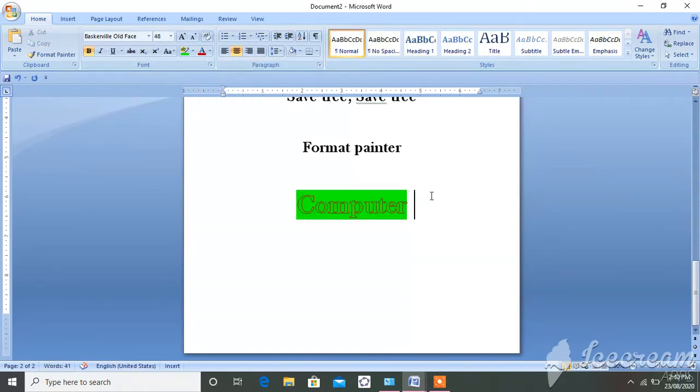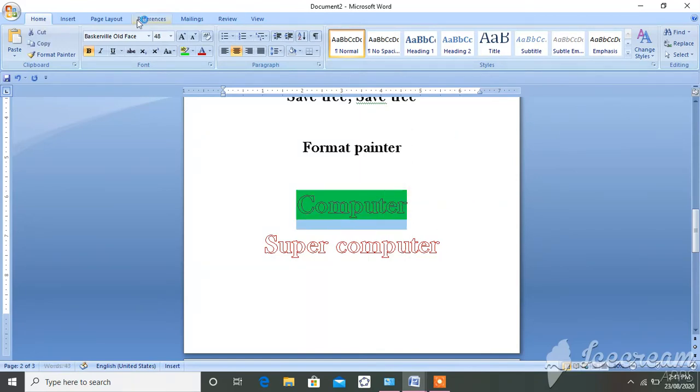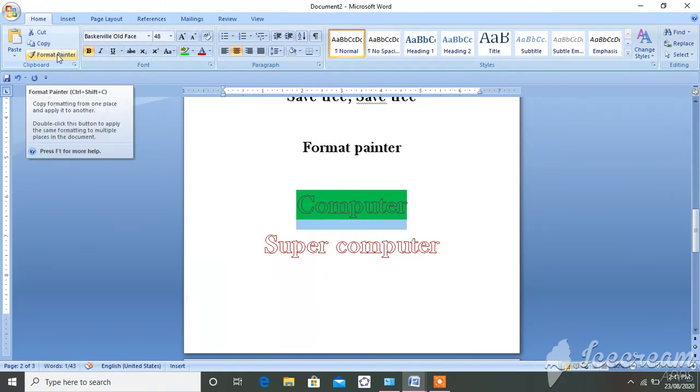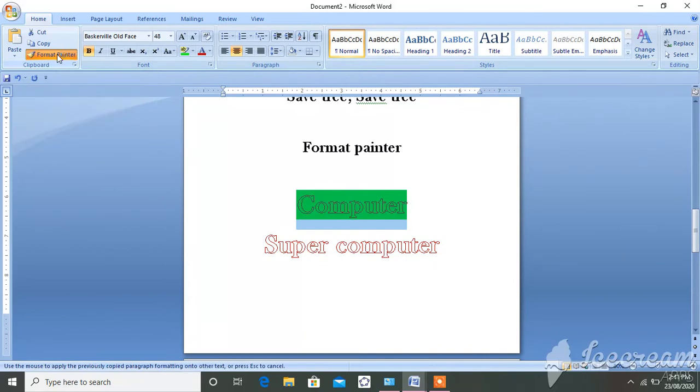Okay, now I want the next word, supercomputer, like this only. The same formatting, same color, same effect I want on this word. Now how to do this? Just select this character, and in the clipboard group click on format painter. Okay, then come here. See, you can see a brush here.